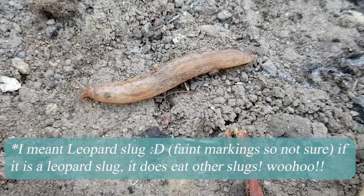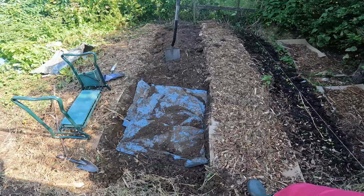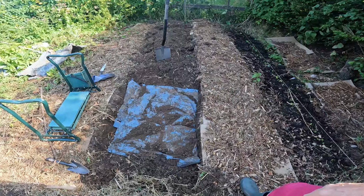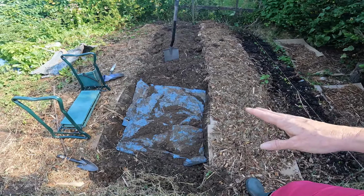The tiger slugs are really good because apparently they eat other slugs. And if I've got one tiger slug, I'm happy. I will look that up. I'll double check as well. But